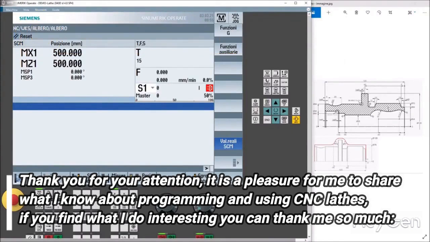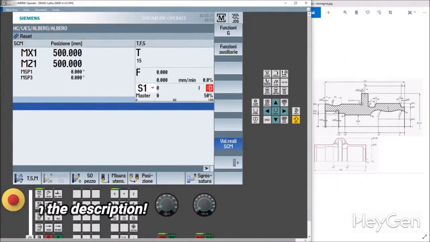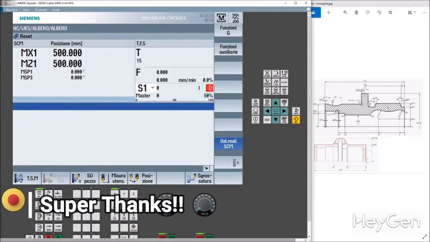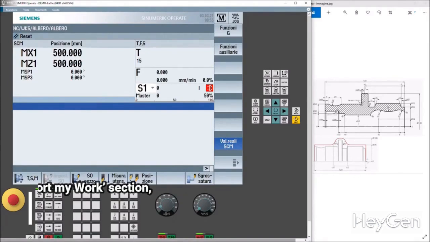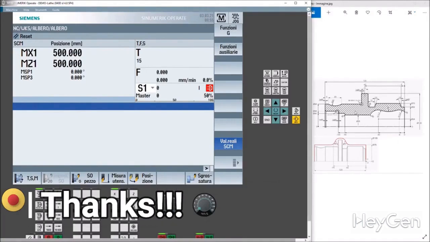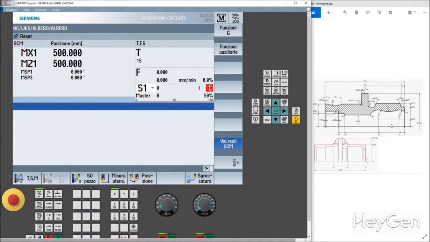Here we are once again in front of our very own Siemens ShopTurn simulator. Indeed, today we're doing an exercise of pure turning, where we will see the product you see on our right, coming from a raw material. We will work on it in the first phase, which is the area on the right, and in the second phase, the entire inner hole.